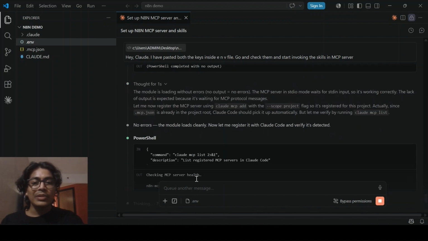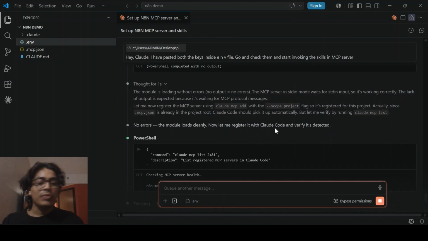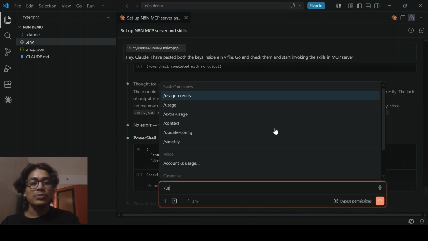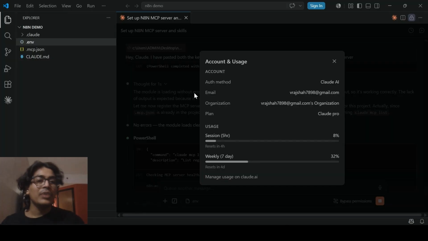Yeah, a couple more things which I wanted to share with you people. So over here, guys, the main problem is that you won't be able to understand how many tokens you have used. So you can go with this command, which is slash, and go with usage over here. And over here, you will be able to see that for my 5 hour session,